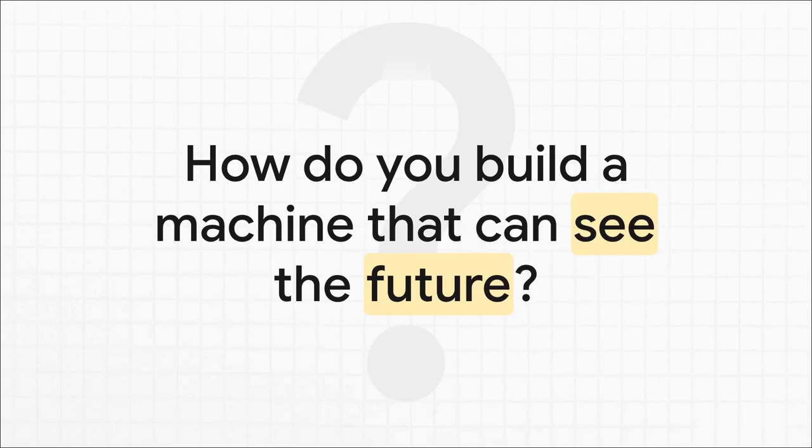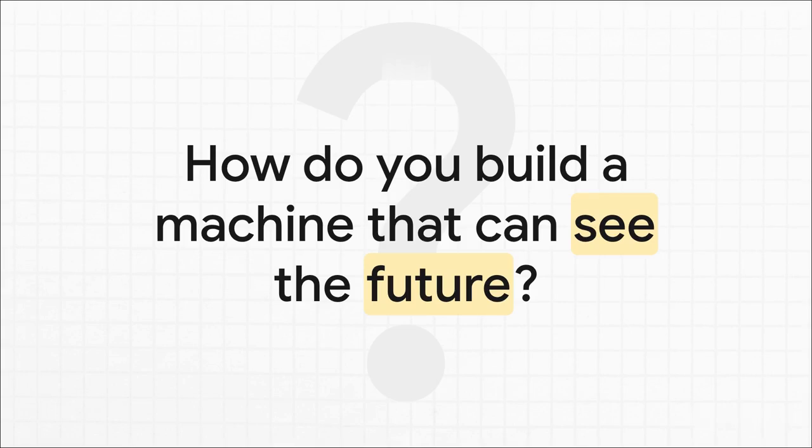Seriously, how do you build a machine that can actually see the future? Well, imagine you want to predict which of your customers are about to cancel their subscription. It's a classic problem called churn prediction, and it's the perfect example of what we're architecting here. We're building a system that looks at all the data from today to make a really educated guess about what's